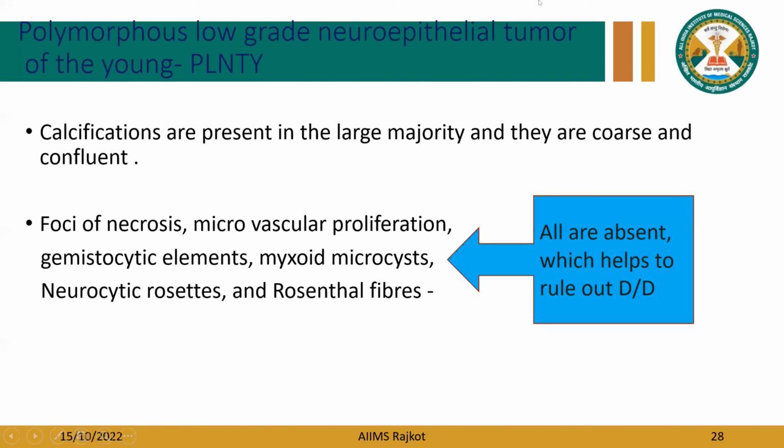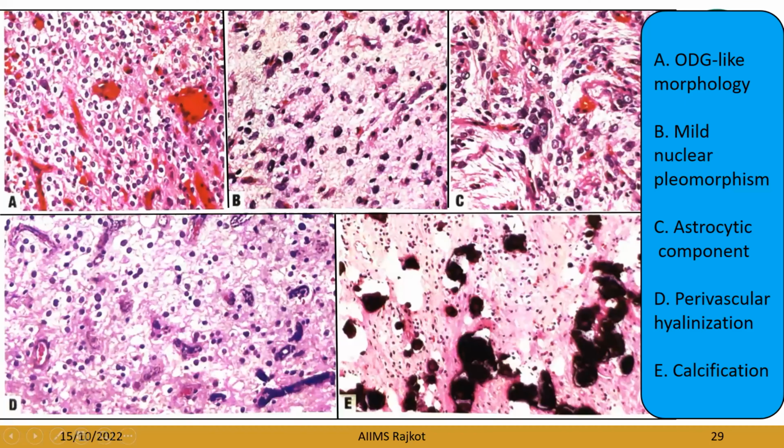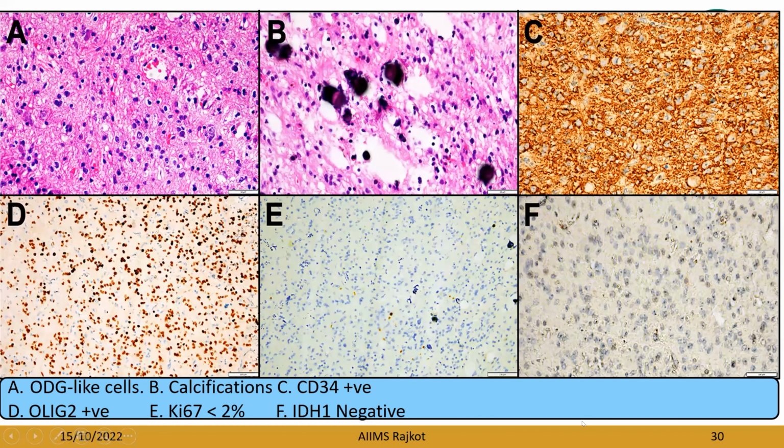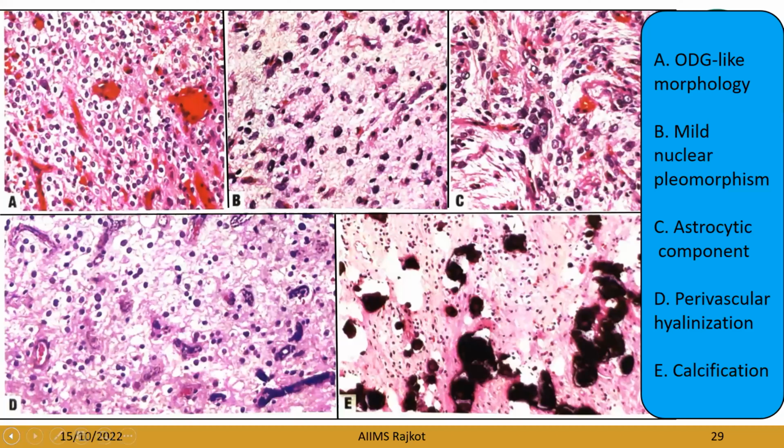Please. Okay, next. Next. So here image A is showing previous one. Previous one. Yes. Okay. So here image A is showing ODG like morphology with typical nuclear feature and chicken wire